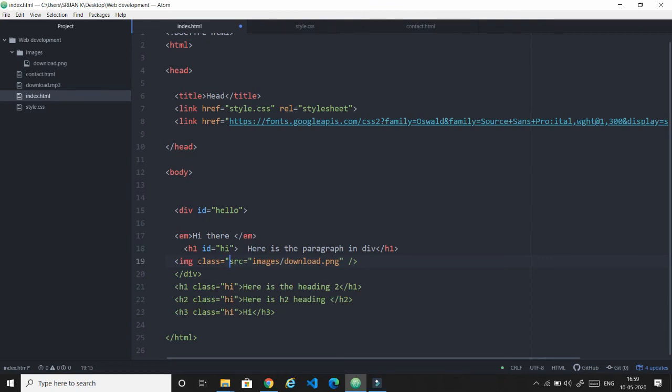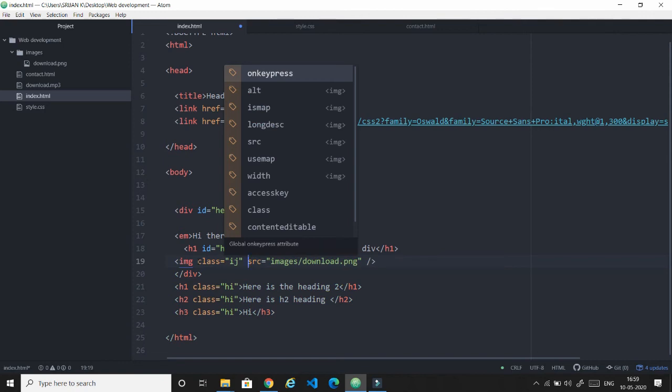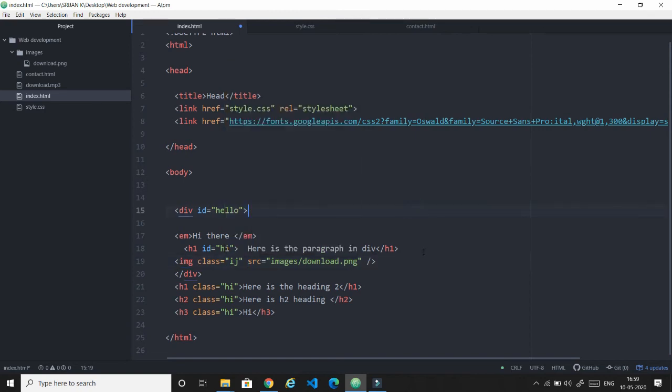I have taken a class known as ij. Please be thorough with the concept of class and id because it will be very useful while dealing with CSS, and when you are creating a complex website. So I am connecting an image to my website having the class ij.